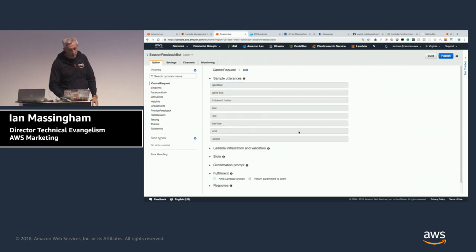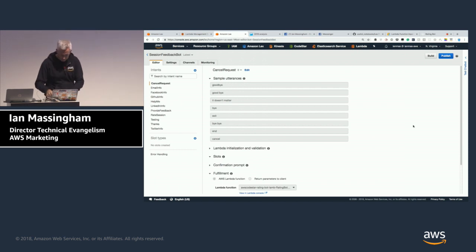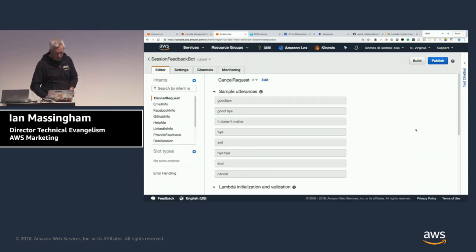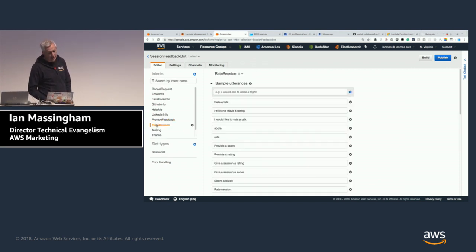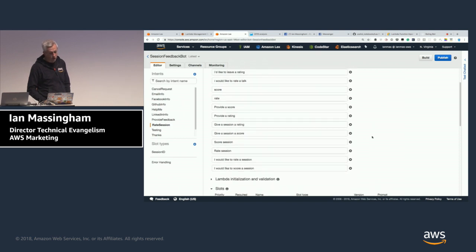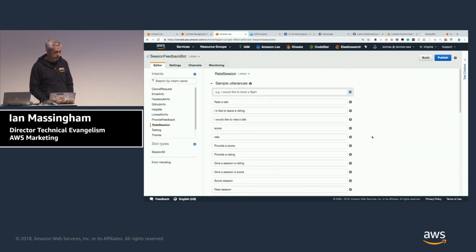Okay, and here you'll see that we have quite a few more intents. Let's make that a little bit larger. Okay, and the intents are a little bit varied. So we have the provide feedback and rate session intents, which are the core. Okay, and you'll see we've got quite a few sample utterances here to enable us to train an adaptable language model that is capable of picking up some variations in the way in which users turned out to interact with the service.